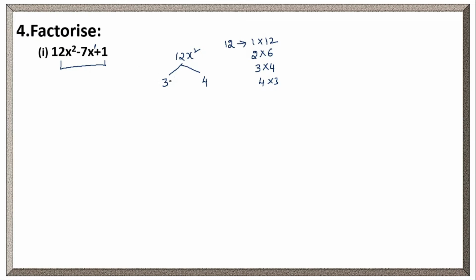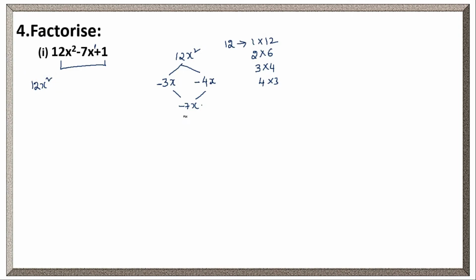So x square, to get x square, we can take x into x, right? The middle term we have is minus, so minus 3x minus 4x. If we simplify two same signs, we will add. So minus 3x minus 4x will become minus 7x. Clear? If we multiply these two factors, we will get 12x square: minus into minus plus, 3 into 4, 12, x into x, x square. If we add minus 3x minus 4x, we will get minus 7x. Clear?